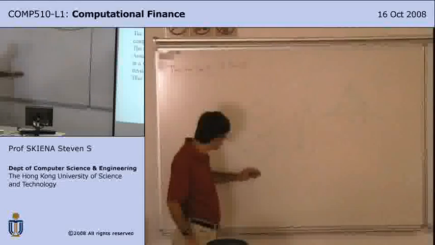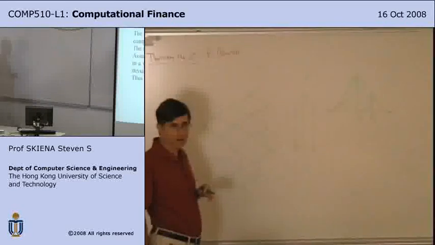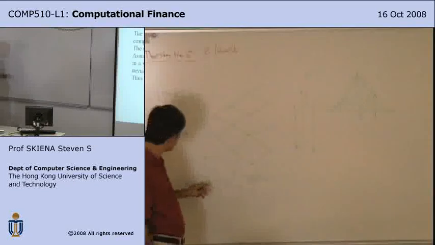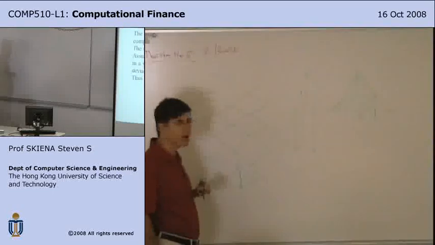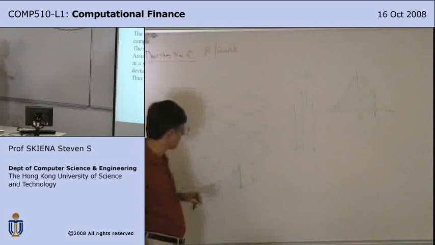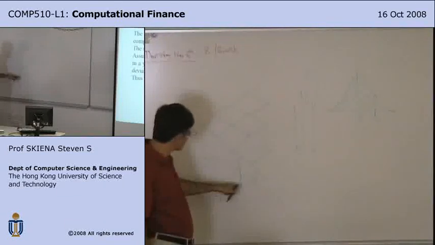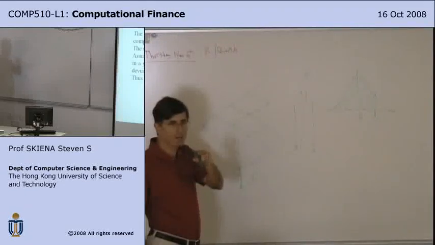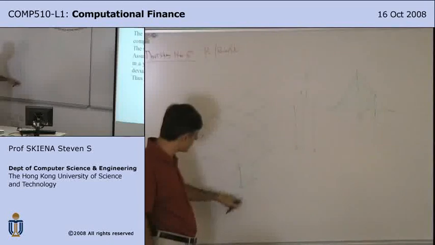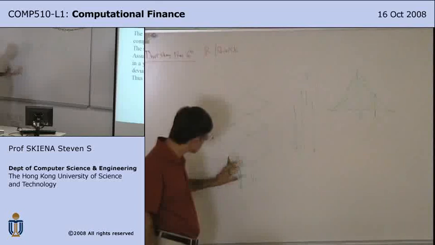It's something times square root. Okay, that's the way I think about it. What's interesting is, if we picture the volatility as being this thing at the end of a year, the deviation here is going to grow somehow as a square root of the amount of time that you do. Does everybody see that? The difference between heads and tails, the deviation, is going to be basically around square root n.